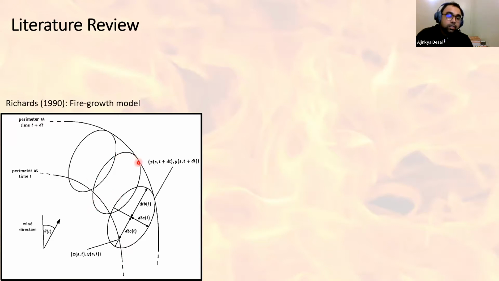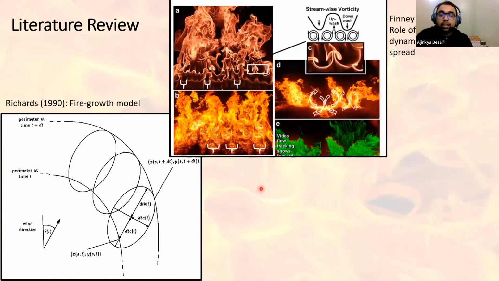And so the fire perimeter at time t plus delta t would be given by the locus of these small local fires. So that's the wave propagation model. It's a kinematic model, and has been used very frequently. But if you were to look at a recent experiment conducted by Finney et al., actually this was